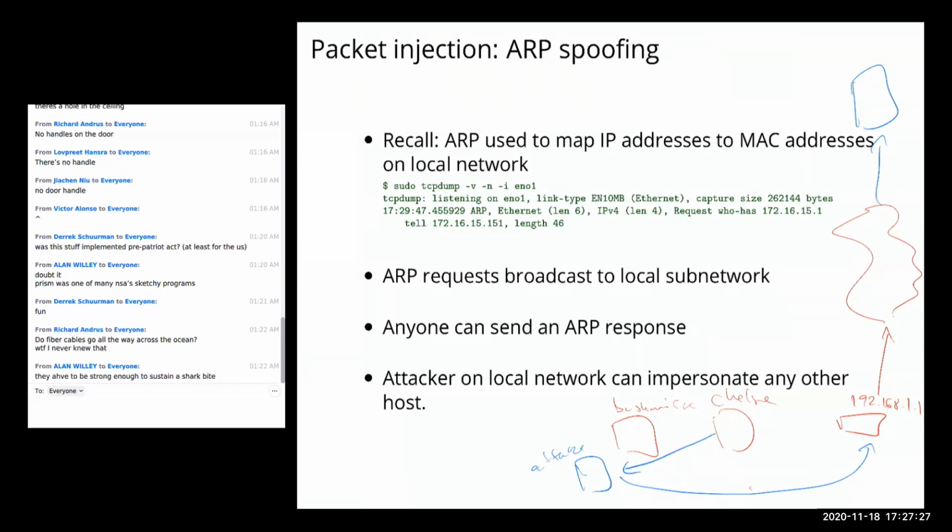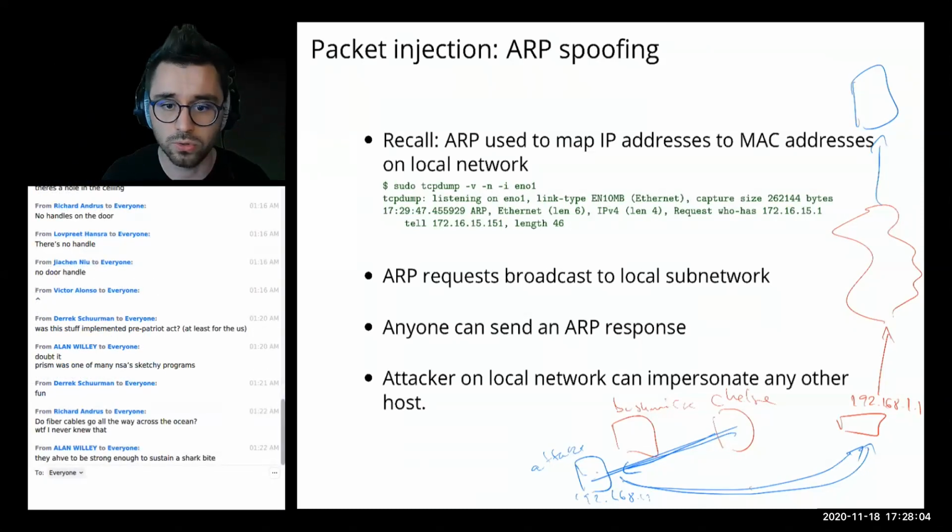So Chelsea will think that I'm the gateway because I said that I actually own 192.168.1.1. So Chelsea will send me packets instead of the actual gateway packets, right? Because these frames will be at this lower Ethernet layer. So I'm going to get packets that were actually meant for the gateway, and then I'm going to, I don't know, inspect those packets before I decide to actually forward them to the real gateway, or modify them in flight to do whatever I want to do.